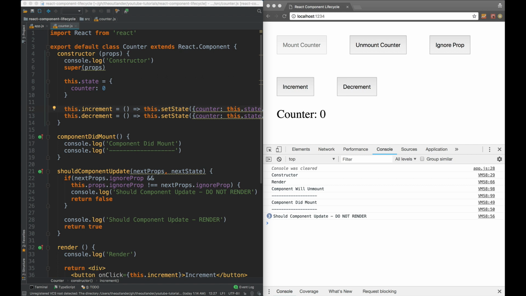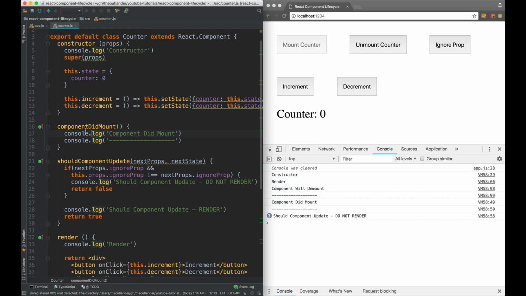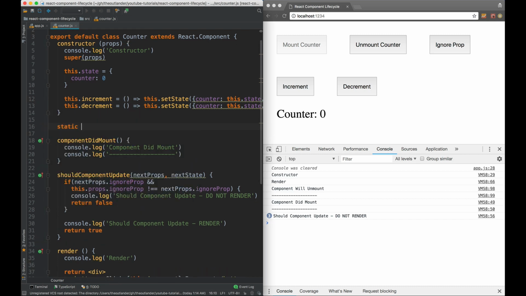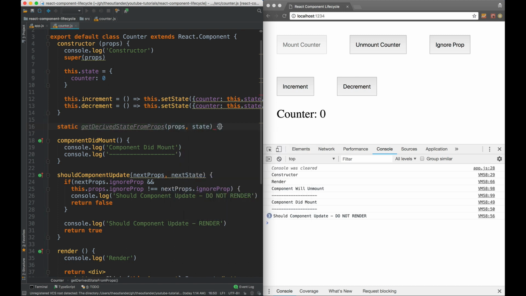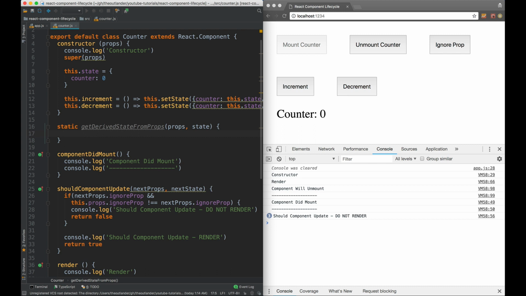The next thing to look into is a method called getDerivedStateFromProps. This is a static method, and it's called before every other method. And this passes in props and state. The purpose of this method is to give you a chance to copy any values from props that you may be interested in transferring over to state. And in our case, we could add